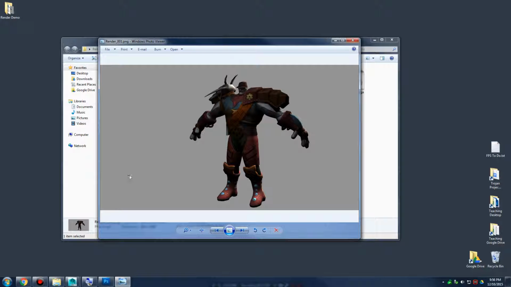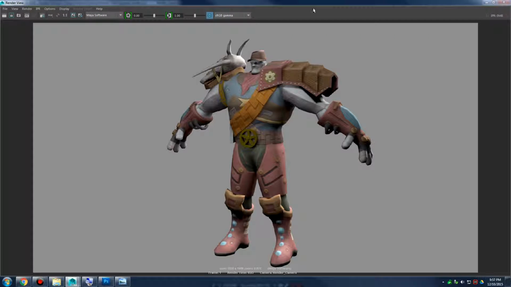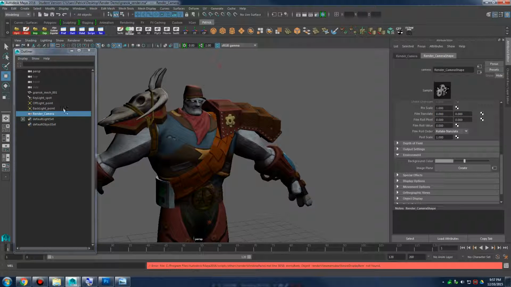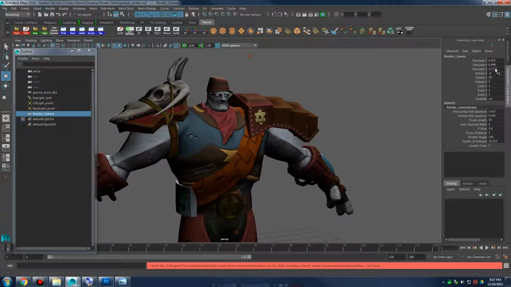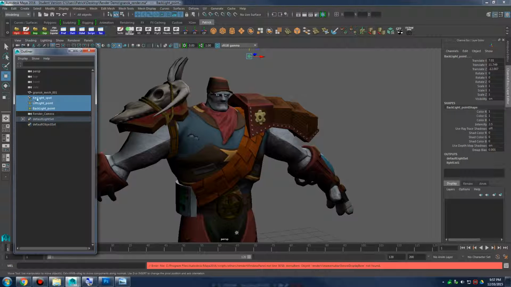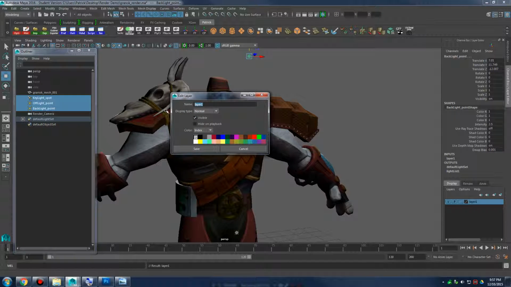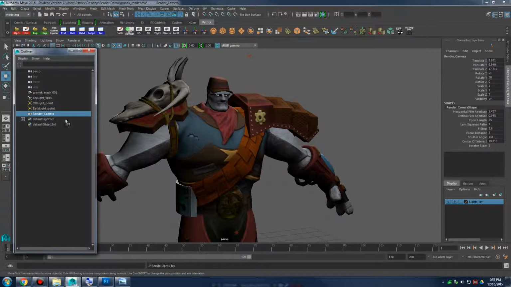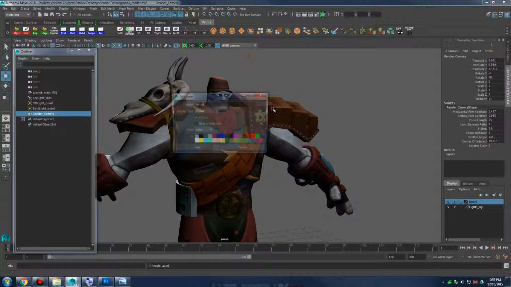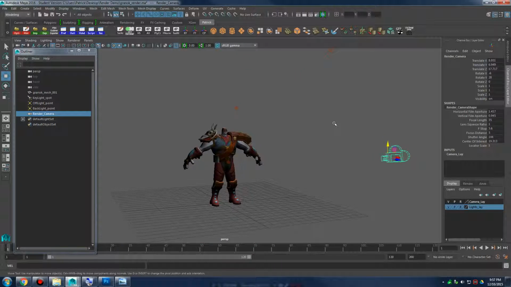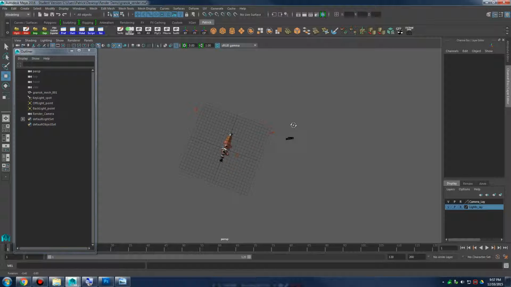And you can even set up template scenes inside of Maya that already have the lights and the camera set up just the way you want it. And you can use layers here. I can select all my lights in my outliner, and I'll create a new layer. And I can call this lights lay. And then I can select my camera and make a new layer from selected. Call this camera lay. And then I can lock both of these. So now I can't touch my lights at all,